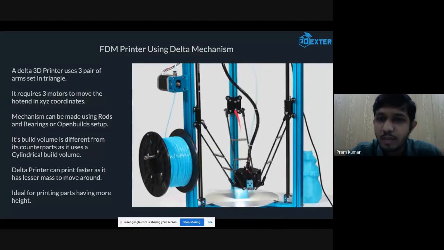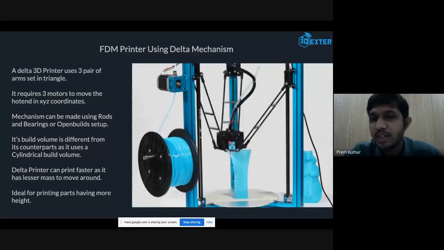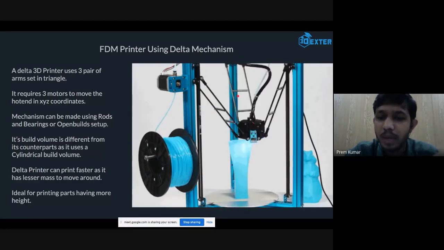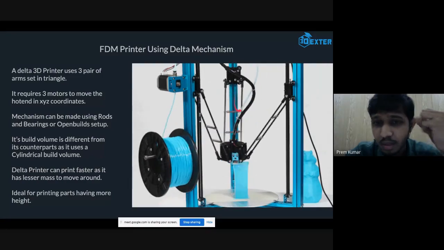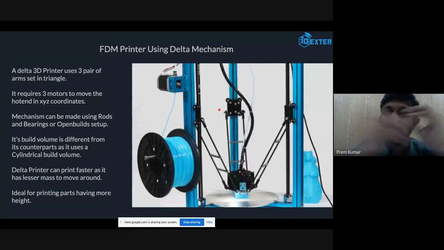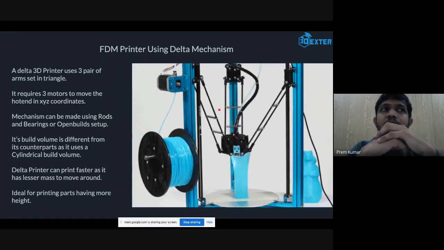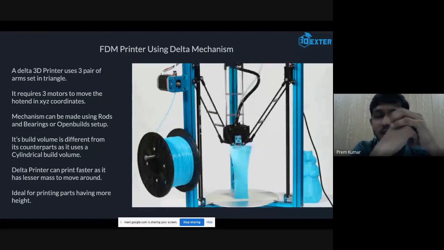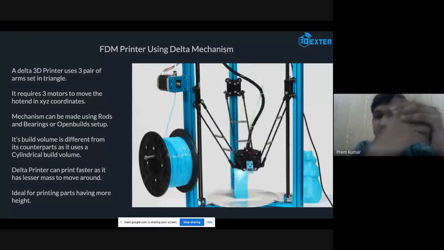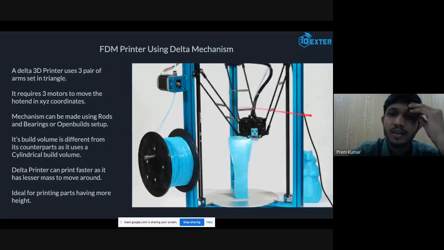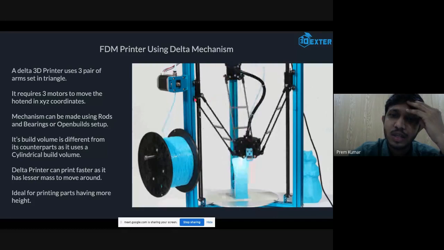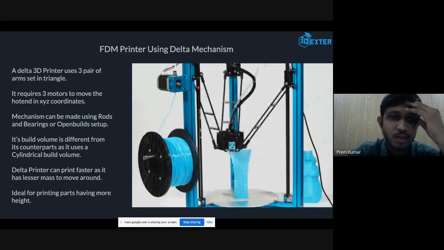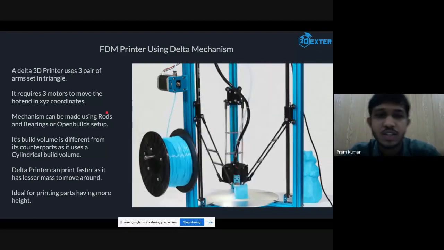And the footprint of this complete machine will be smaller compared to other machines because it has more height compared to the XY area. So in these kinds of printers, you can print parts which have more height compared to the XY area, vast models like a glass or something like that. And because these mechanisms use less material in the construction of the frames, they are also cheap to buy. It is easy to build them too.